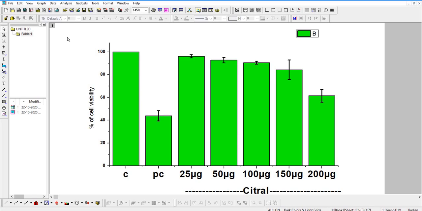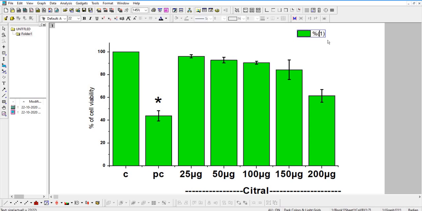For example, if you want to insert a star symbol, click the T and then press here and shift star. Like a star symbol, you can insert it like this. So like this only you can do this.